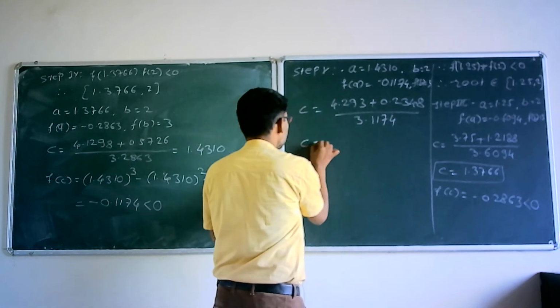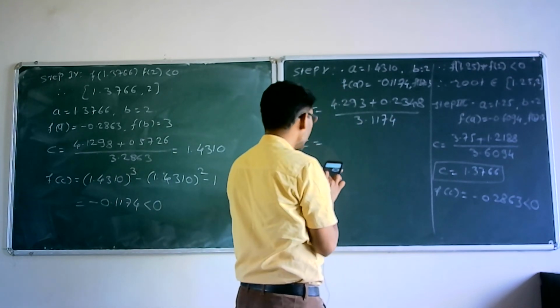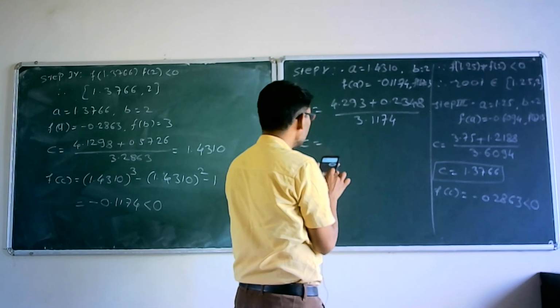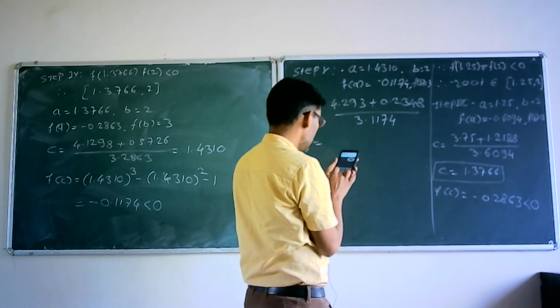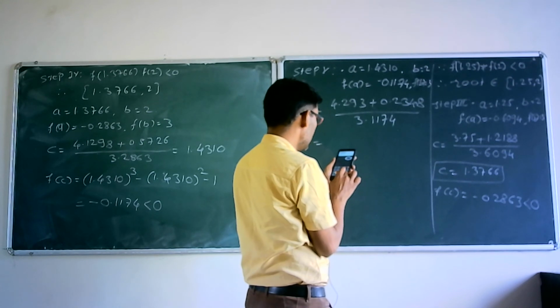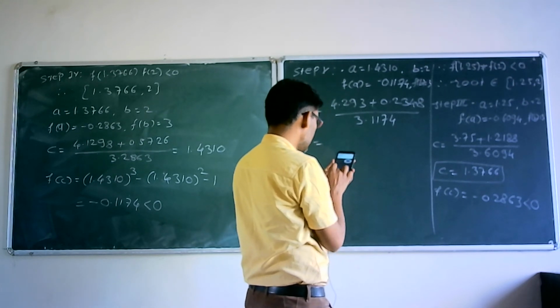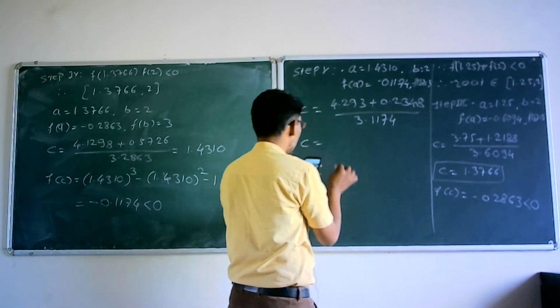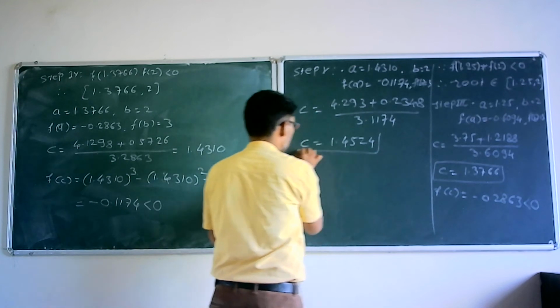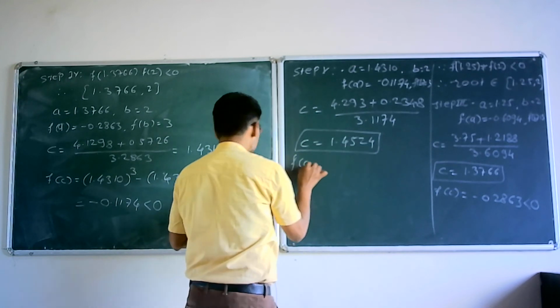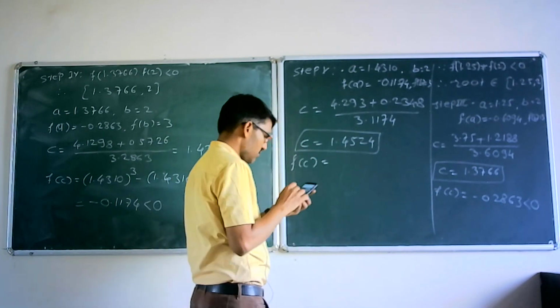So to divide, it is 4.293 plus 0.2348, okay, and divided by 3.1174, you will get 1.4524. And if you find the value of f of c, you will get